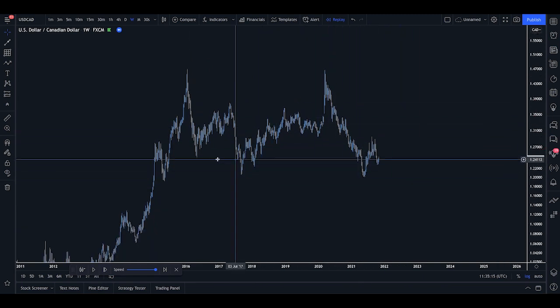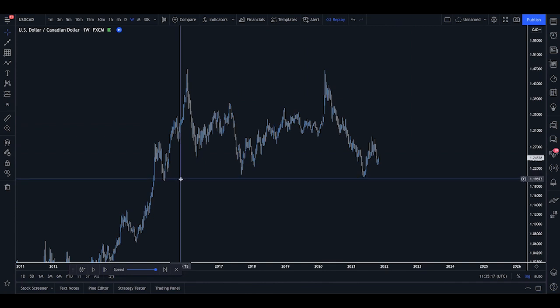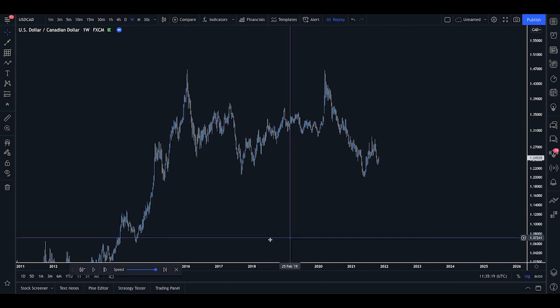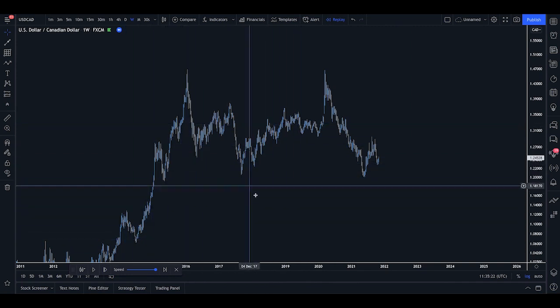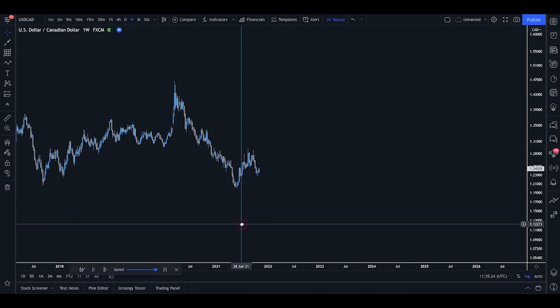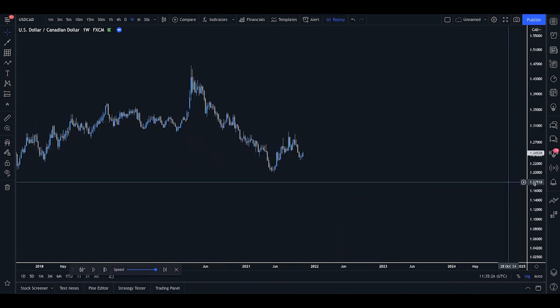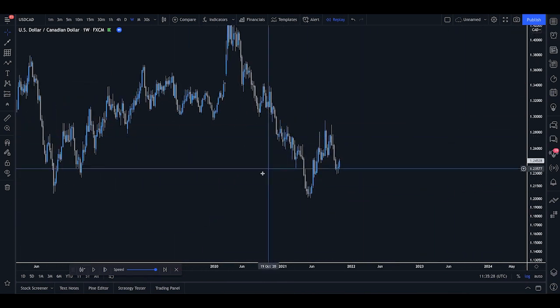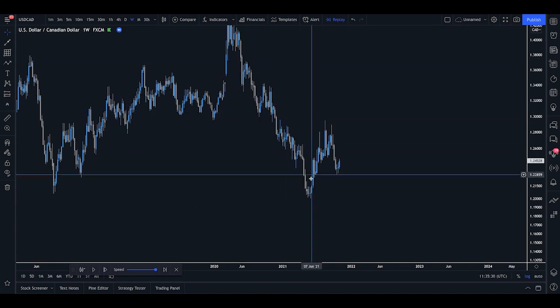Now, scaling back to the further dates can actually be useful to see what is going on in the market. Are we in an uptrend? Are we in a downtrend? And so on. But we end up scaling back so many years. And if we're only taking a trade for a week or a couple of weeks, we normally don't need to do that. So here we can see on the weekly time frame a large push down on USD CAD